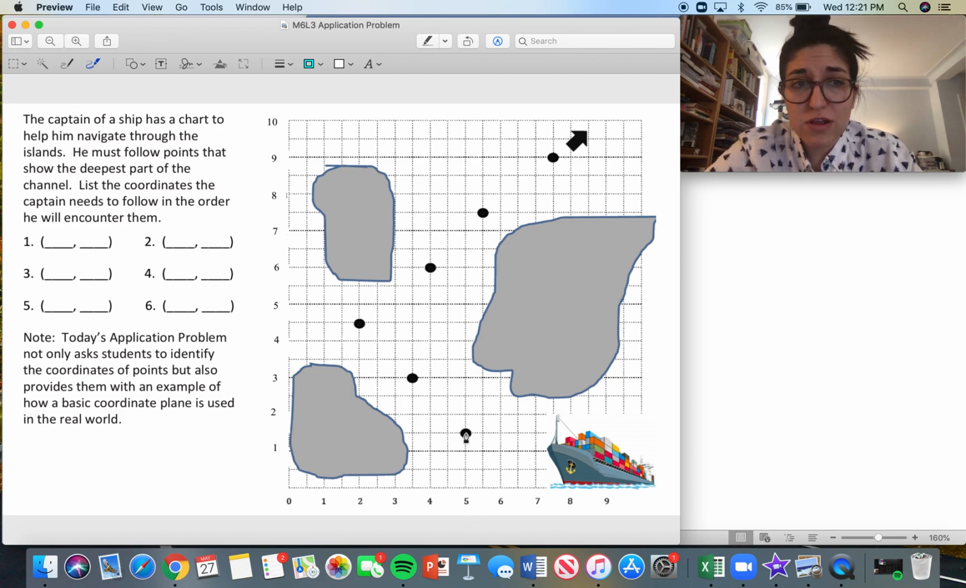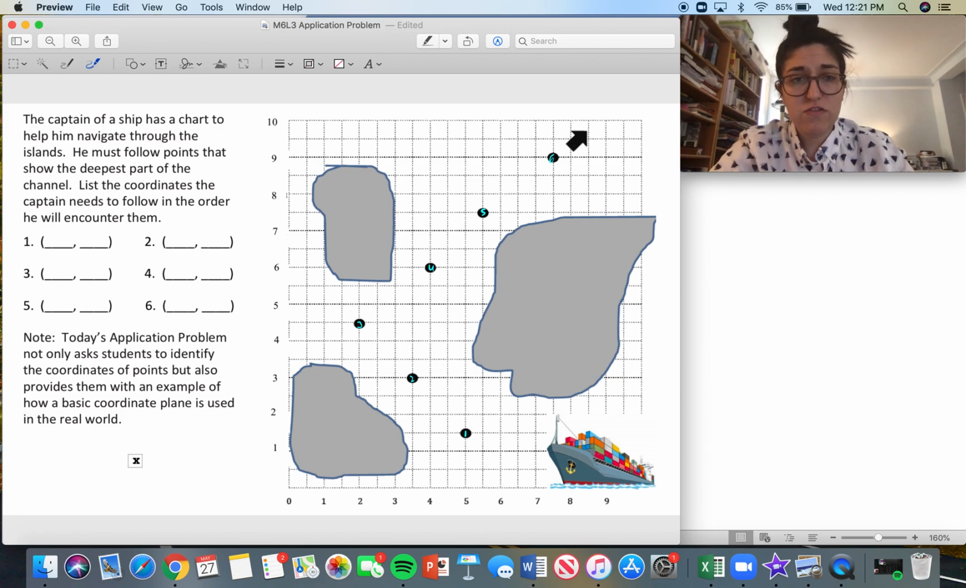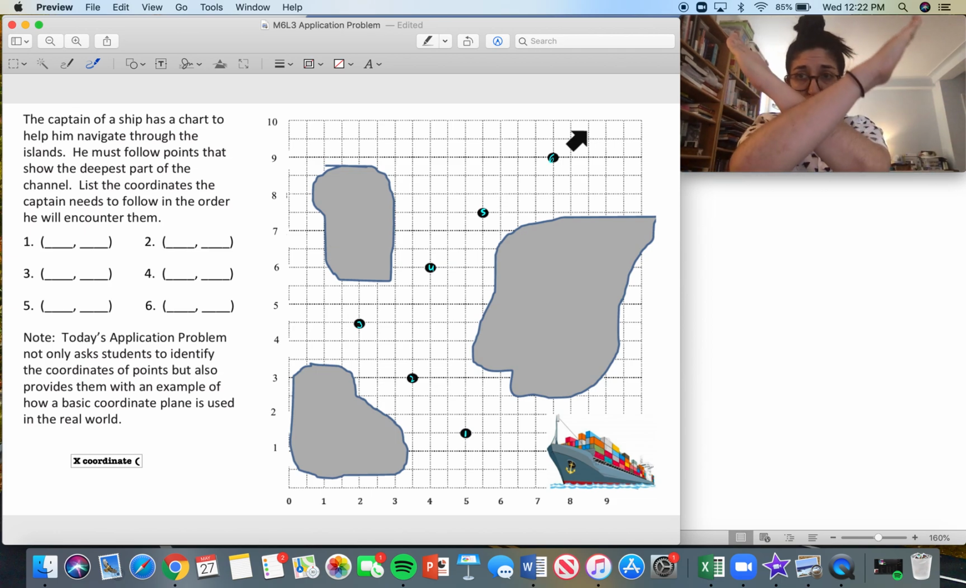So let's get started. We're going to go in the order that the captain needs to navigate the ship in. So we're going to go 1, 2, 3, 4, 5, 6. A couple things we need to remember when we're doing this: the X coordinate, that's left and right, like a cross,